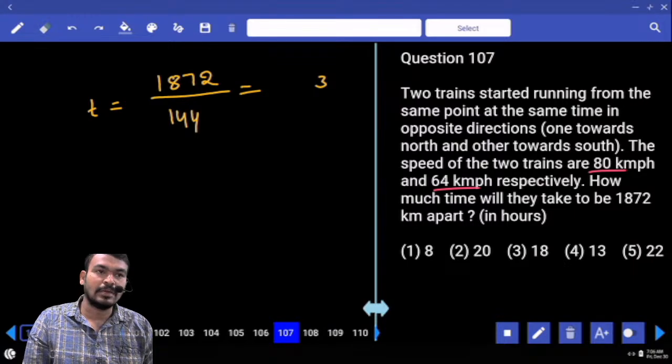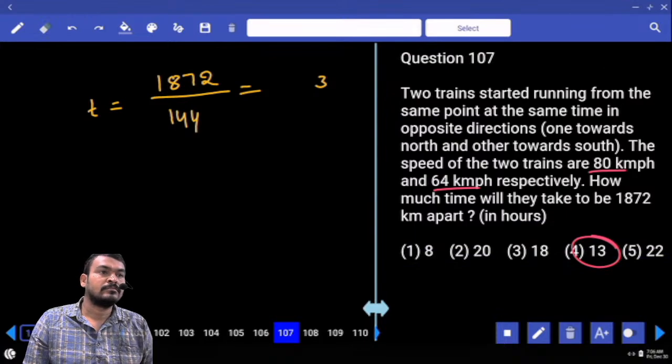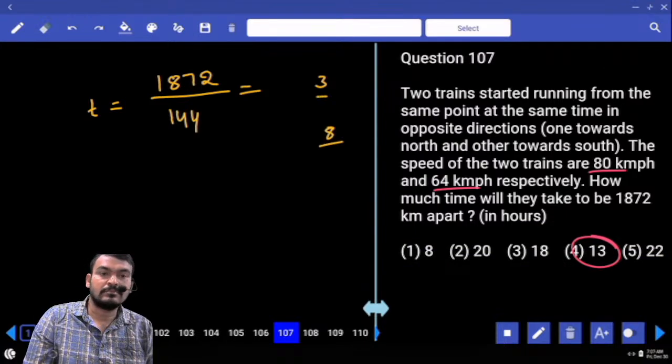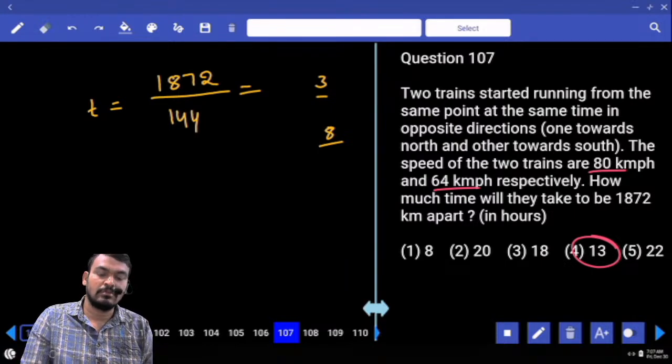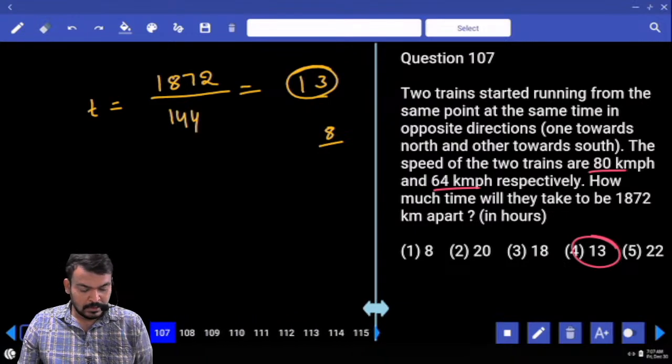But it is more than 10 times, so what is the nearest value? 1300. Either 3 or 8. Then which one is closer to 10 times the value? 13 times or 18 times? 13 times. Next question number